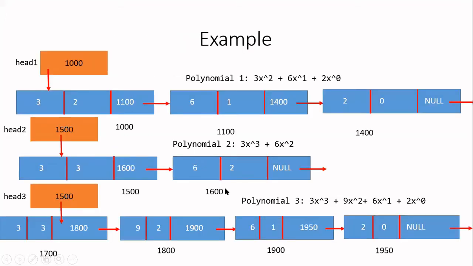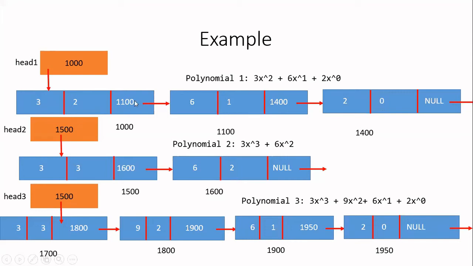Now, how we are going to represent this? Let us consider this polynomial: 3x squared plus 6x plus 2. Even if it is 2, you have to write it as 2x power 0, because we need to store for every node what is the coefficient as well as the exponent. So 2 will be stored as 2x power 0. First consider the first term. It is 3x squared. So the coefficient is 3 and exponent is 2. So you store them as given in the first box, 3 and 2 as coefficient and exponent.